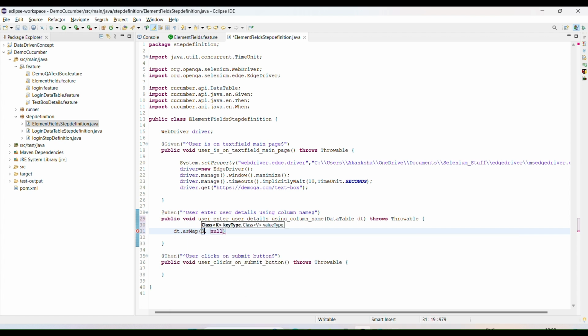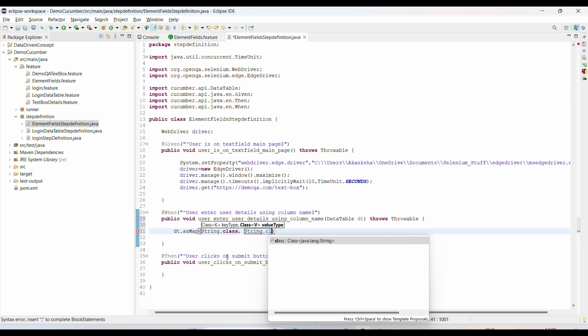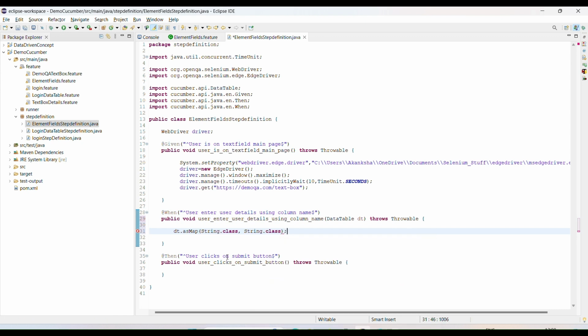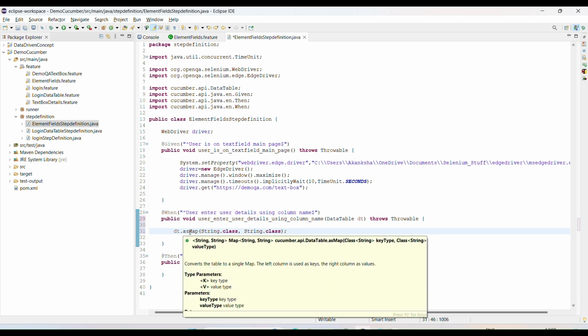Here string dot class, and again I'm going to give the value as string dot class, right? So in that way we are initializing the map, okay?